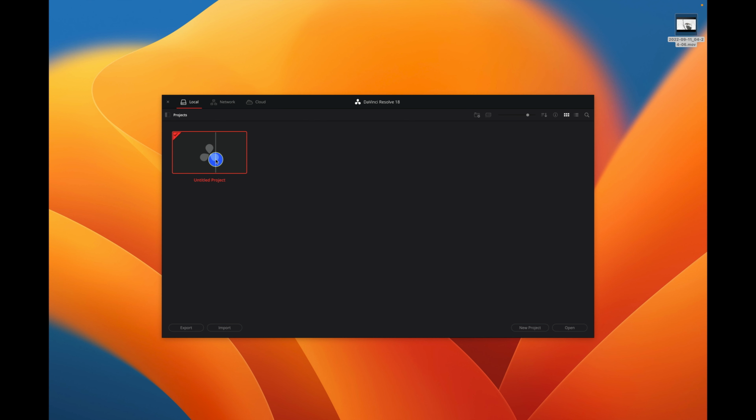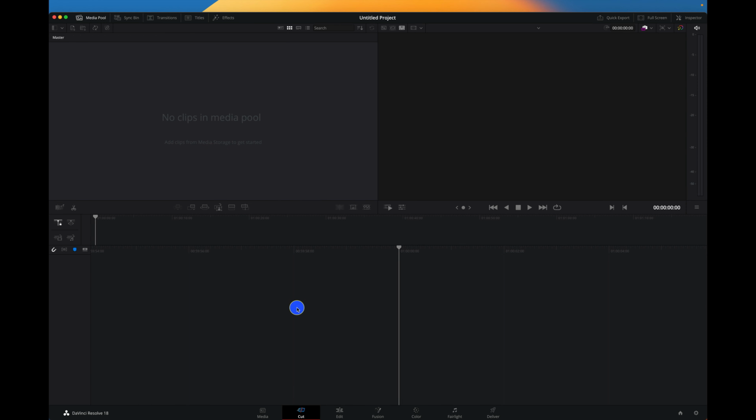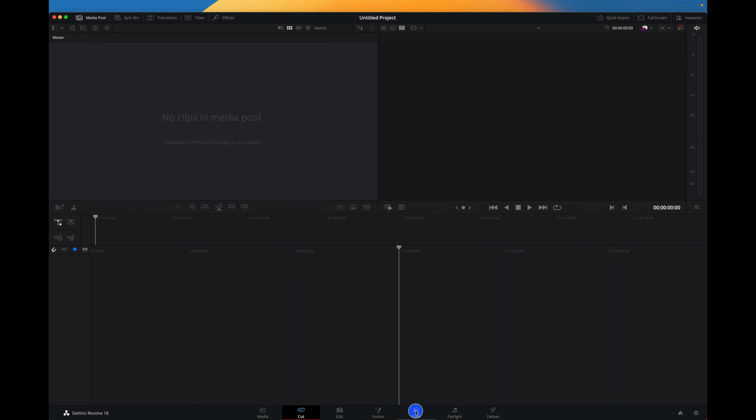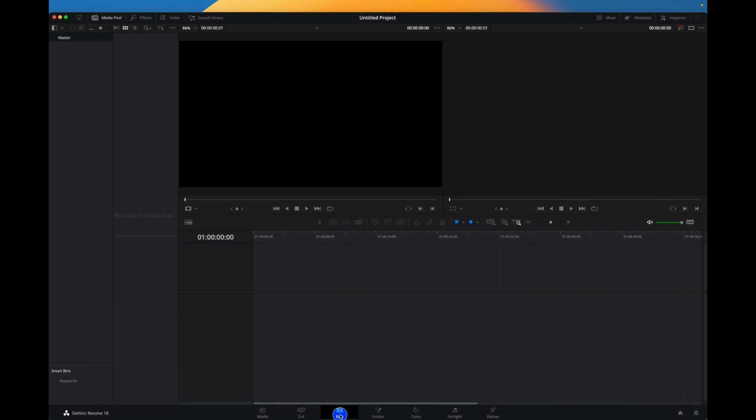So this is the default DaVinci Resolve screen that you will start off with. I'll just double click on the untitled project. And the only things we will use here are the edit and color tabs. Only the edit and the color. The rest are not useful for this purpose. So we'll go directly to edit,